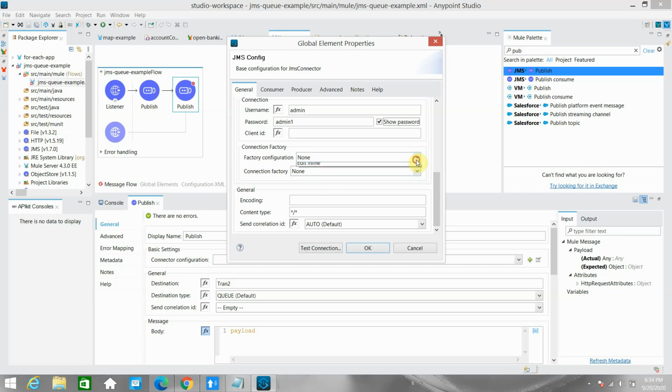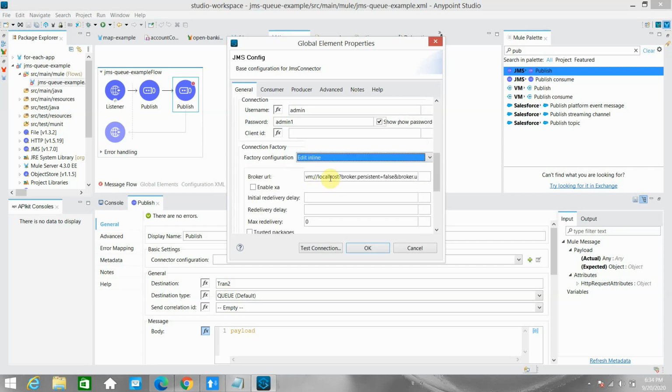So basically I will do edit inline. I can give the same connection string. The connection string is fine, but now I have given the wrong username and password. In that case also it will fail.